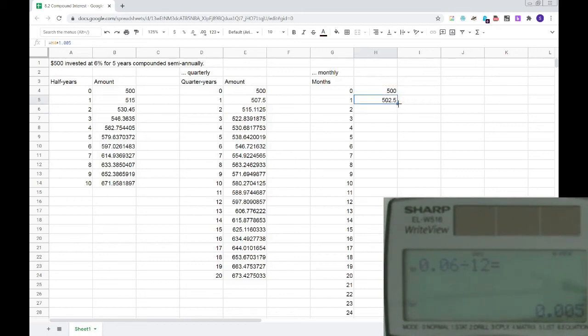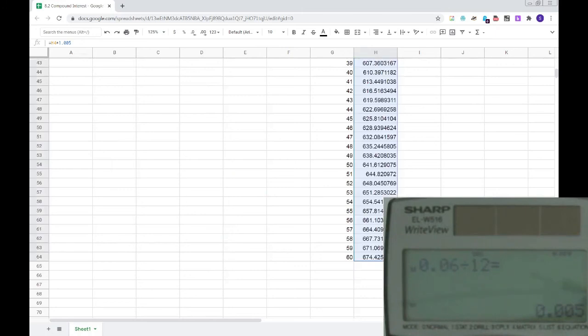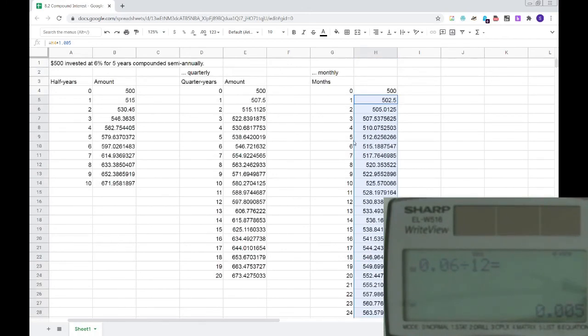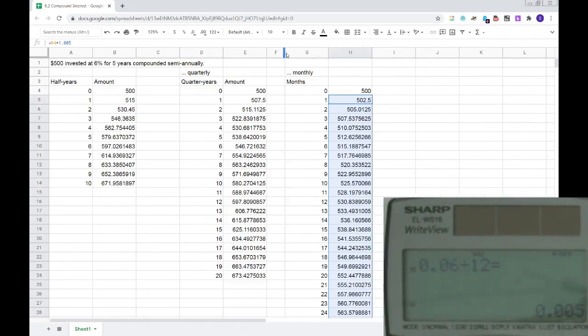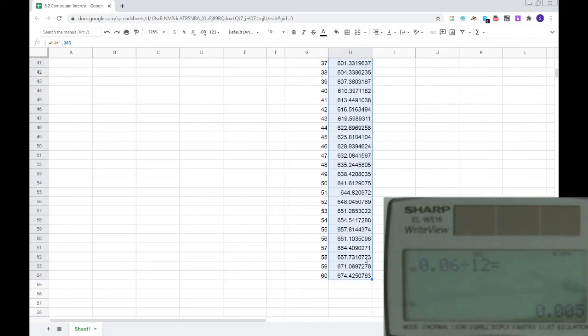And I repeat that 60 times. So if I wanted to calculate this value on my calculator,